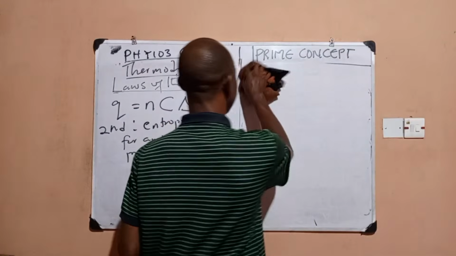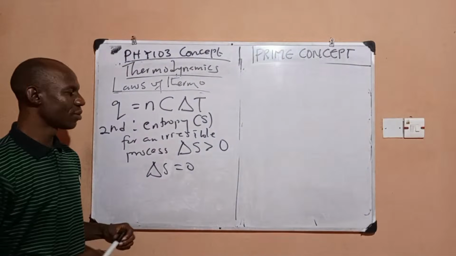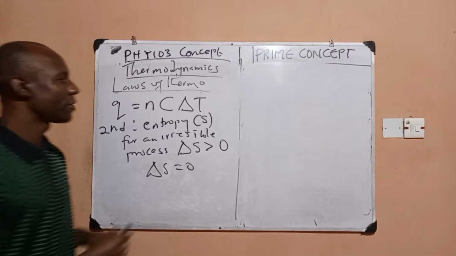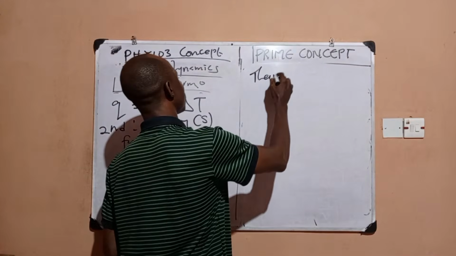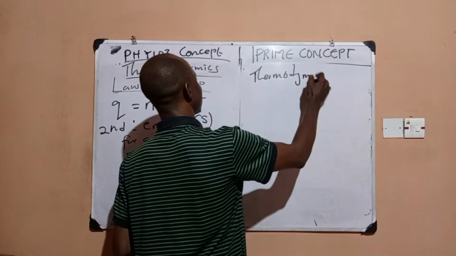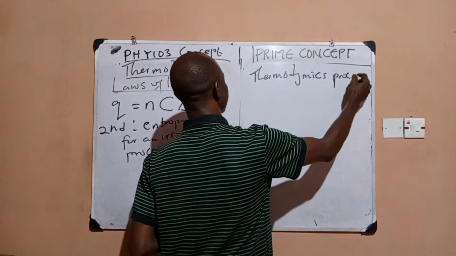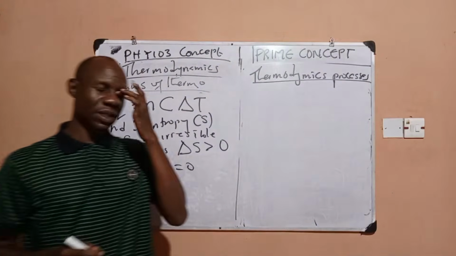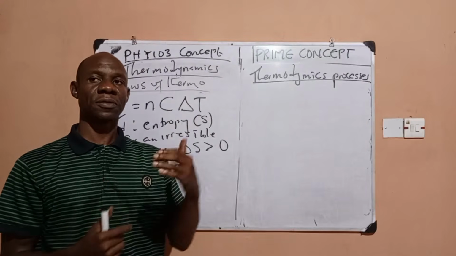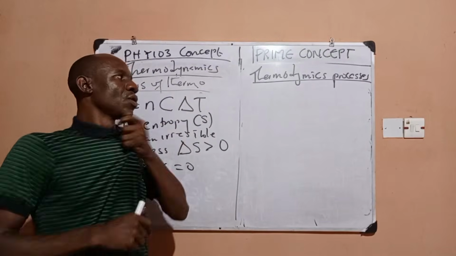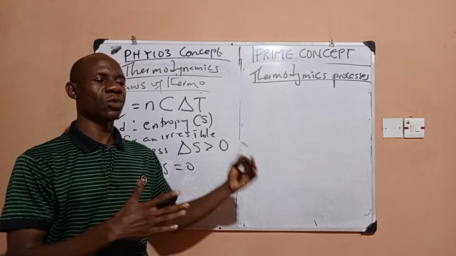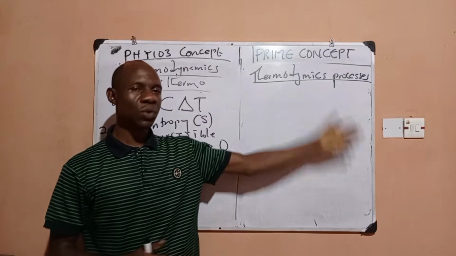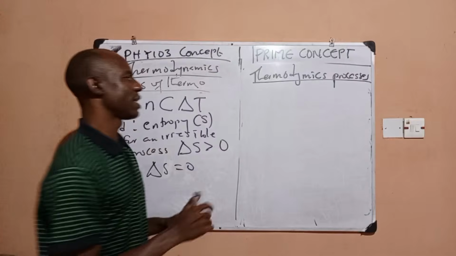So, finally, I'm done. I've not done any calculation. Maybe once I finish, I'll take one calculation and we'll call it today. Now, finally, we want to look at what we call thermodynamic processes. Remember we mentioned that thermodynamics is the transfer of energy, right? Yes. So energy can be transferred through different routes. There are different pathways, and those different pathways are what we call processes. We have 4 pathways that we can follow.